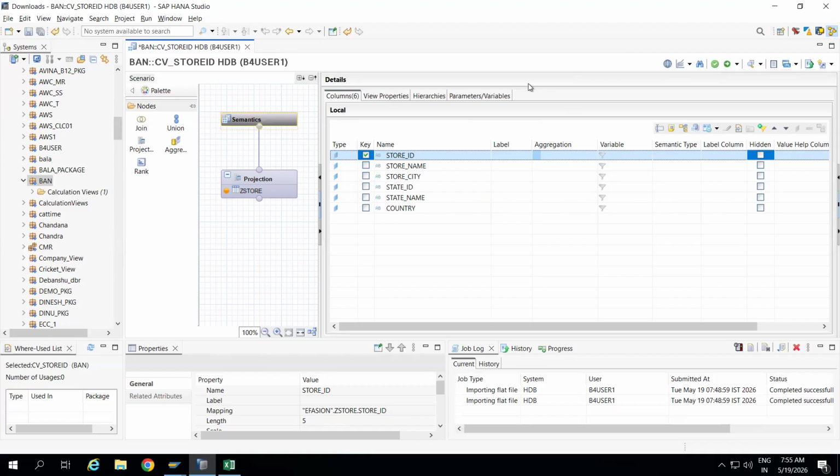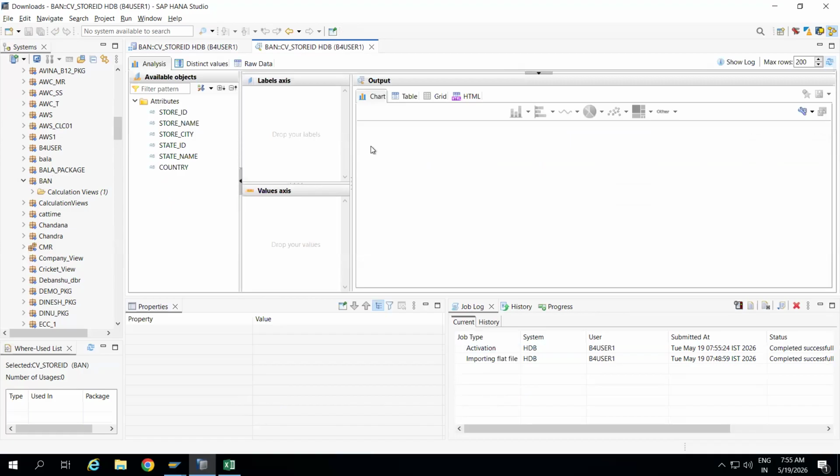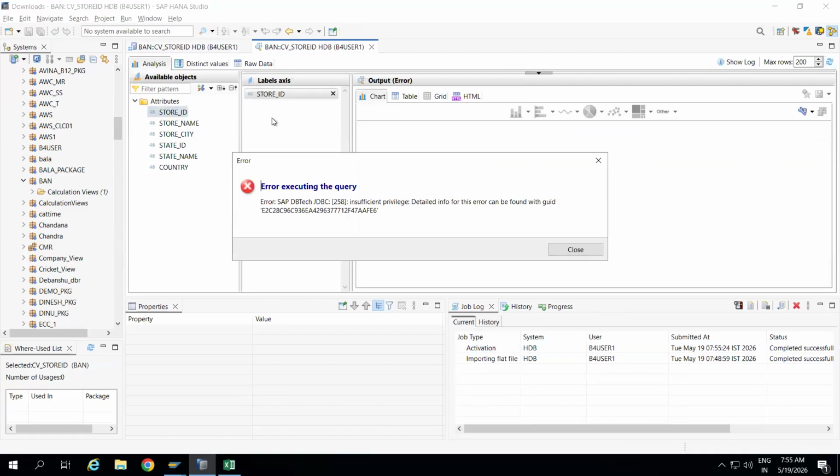Select this option. Here in the bottom you can see whether it is activated or not. What is it saying here? Activation is done. So now I want to see the data. How will I see the data? Go to data preview. Okay. Now store ID, drag and drop store ID. So what is it saying? Insufficient privilege. Detailed info for this error can be found. So in this case,